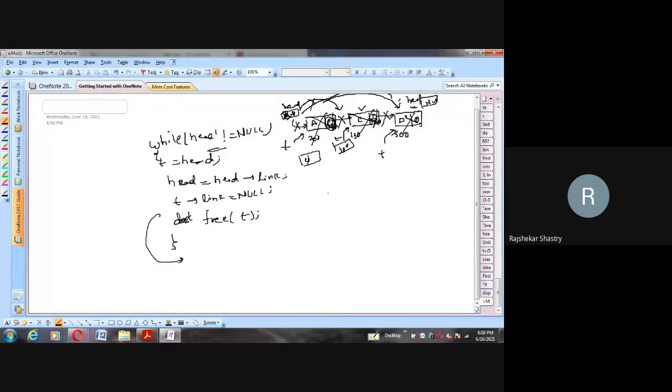And you see that all the three nodes which were manually allocated by us, the programmer, not the compiler, because we use malloc whenever we require, so dynamic memory allocation, all these dynamically created memories are completely removed. And finally, the head is holding null. So no harm or leakage of memory will take place. This is the complete discussion about the single linked list.